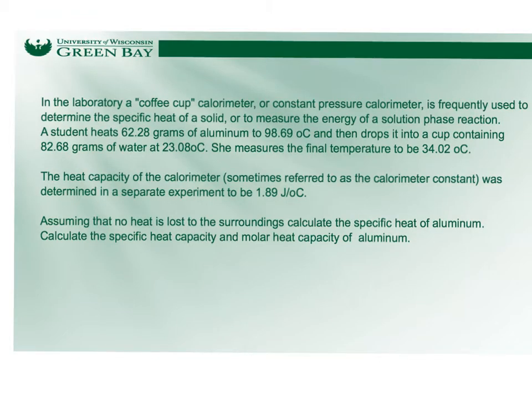The Maple worksheet has a simple heat capacity calculation. This problem is actually copied and pasted from your Chem 1 exercise problem. The problem states an aluminum with 62.28 grams at temperature 98.69 degrees centigrade is dropped into a cold water, 82.68 grams of water at 23.08 degrees centigrade. As a result, the aluminum temperature is going to drop from 98.69 to